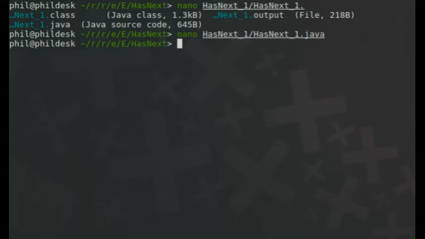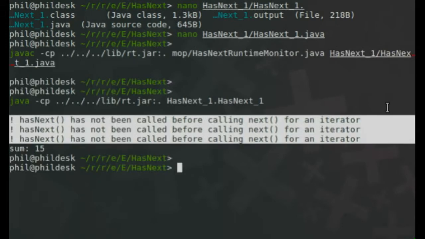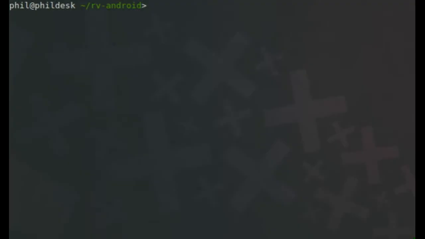To test our monitoring library, we now compile it together with the original program using standard Java compilation commands. Running the program, we now see the expected output, namely warnings 3 times that hasNext has not been called before calling next for a given iterator, as well as the original output of the program. While we encourage you to further explore the examples provided with the RV Monitor directory, we will now consider the